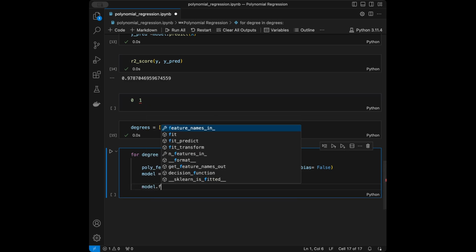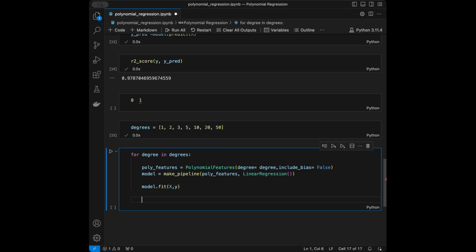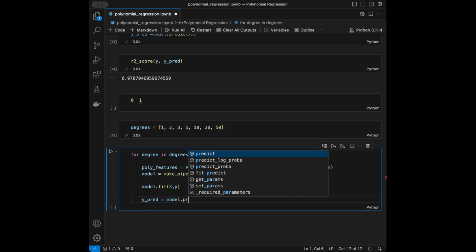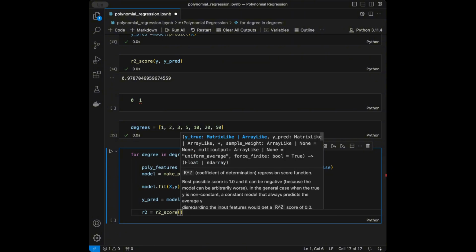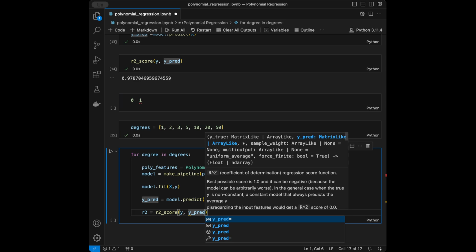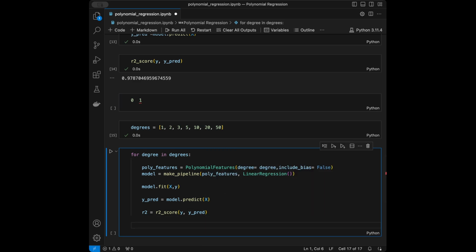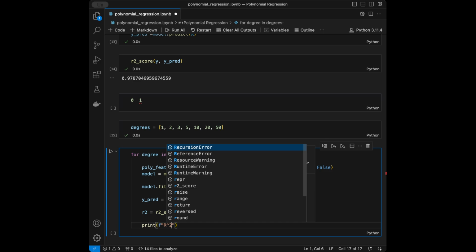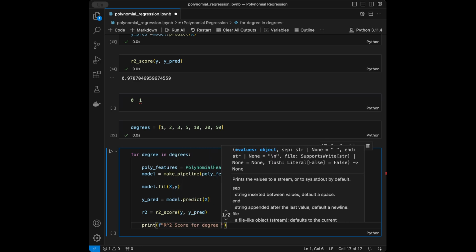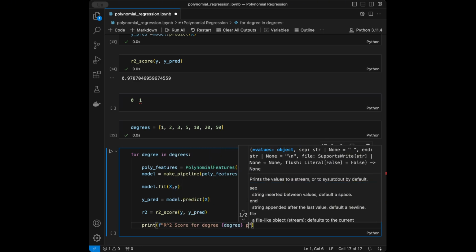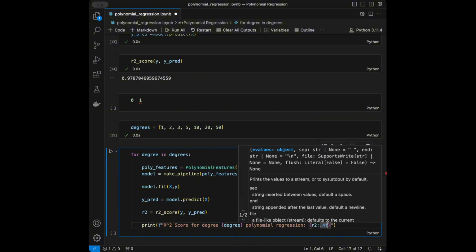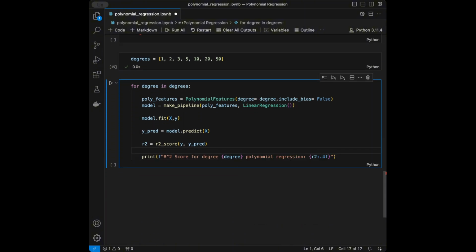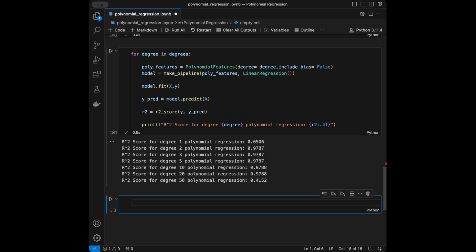Next up, we will say model.fit. We will give x and y. We are going to say y prediction is going to be model.predict x, and r-squared is going to be r-squared score, y and y prediction. And now I'm going to write a print statement like print r-squared score for degree, and I'm going to give the degree in here, polynomial regression, and we will give r-squared, but let's format it in a good way like this. So I'm going to run this right now, and here we get our r-squared scores,